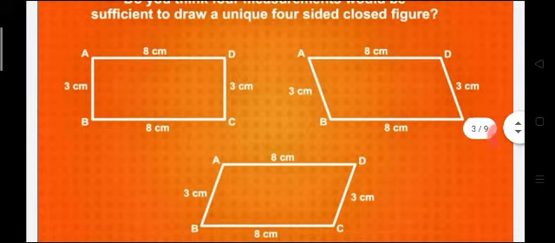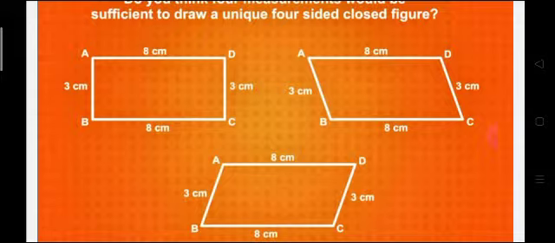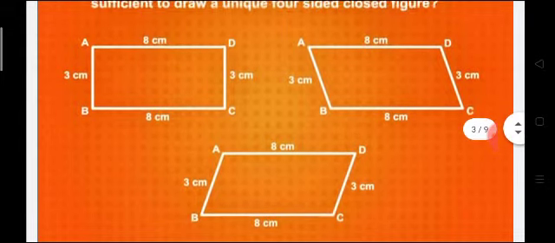For example, if we have 4 sides, that is, sides are 3 centimeter, 8 centimeter, 3 centimeter, 8 centimeter, does it give a unique quadrilateral? Here in these figures we can see that with these sides we cannot draw a unique quadrilateral. So how many points do we require to construct a unique quadrilateral? To construct a unique quadrilateral we require minimum 5 points, that may be 4 sides and one diagonal. Then we can construct a unique quadrilateral.